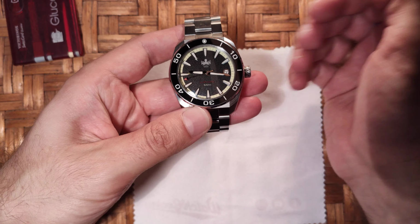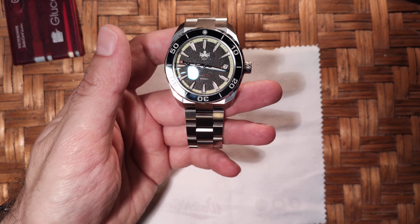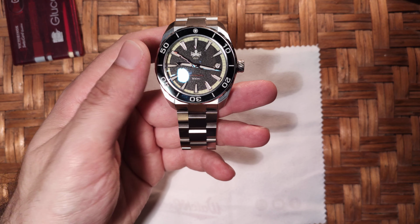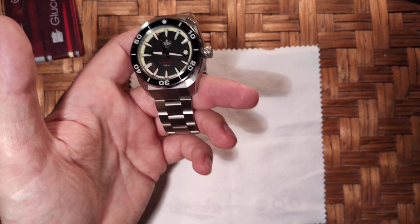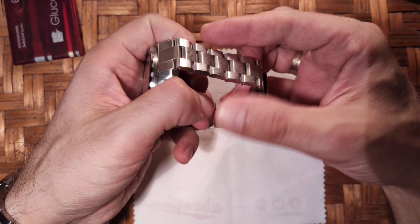Let me also tell you that if you are living in the European Union, the price of 279 means VAT included, so you have no import tax or whatever. You just pay the price of the watch and that's it. If you choose DHL shipping, that's like 7 euros. So that's it. There's that. And